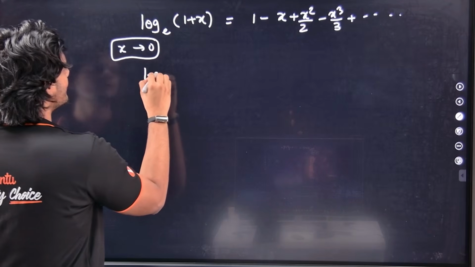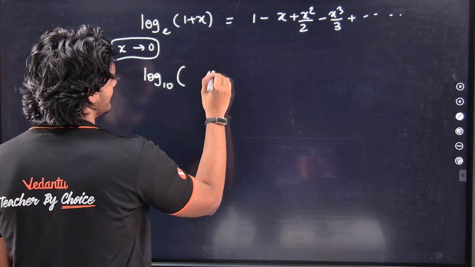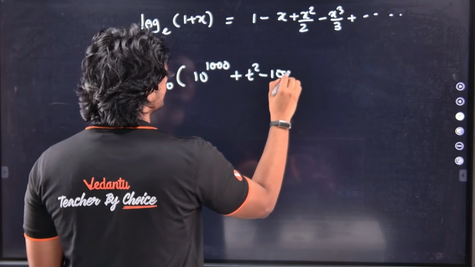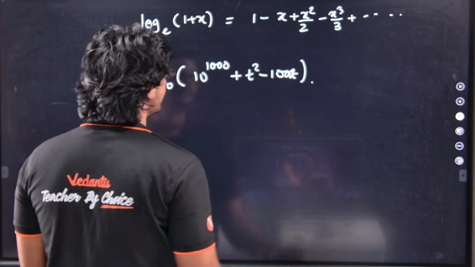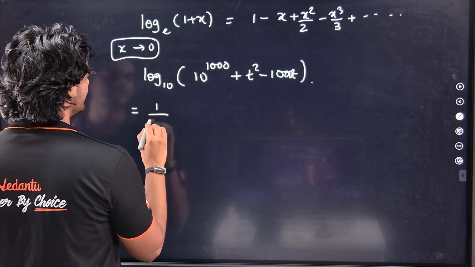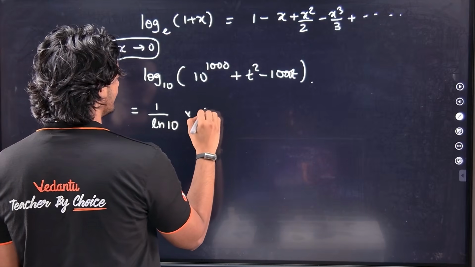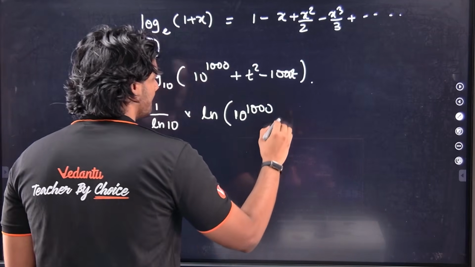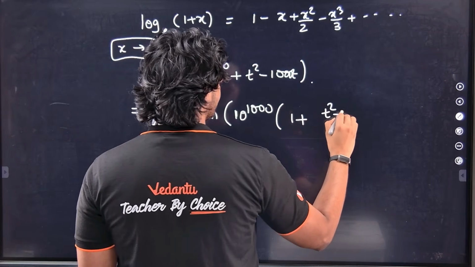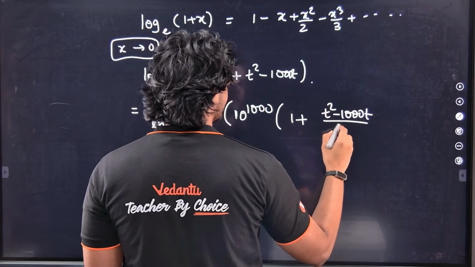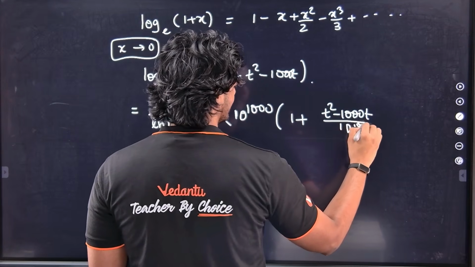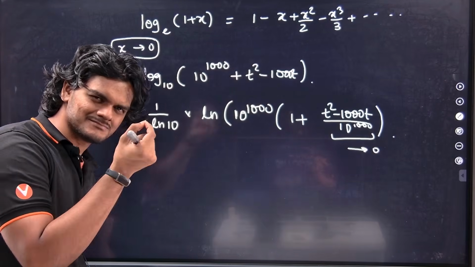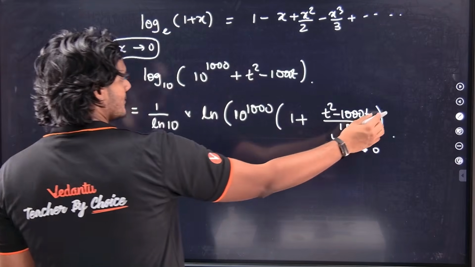So if I give you log base 10 of something, first of all, you will have this huge quantity plus t square minus some 1000 t. This will be 1 by natural log of 10 into natural log of 10 power 1000 times (1 plus t square minus 1000 t by 10 power 1000). So this is very, very close to 0. This is going towards 0. It is this close to 0, right? So this whole thing becomes